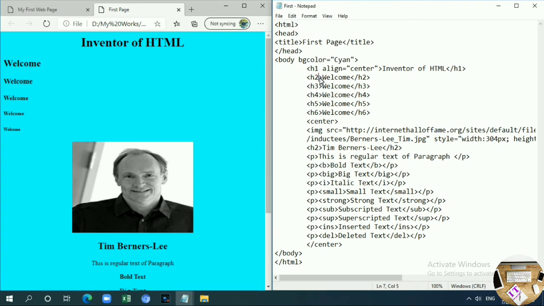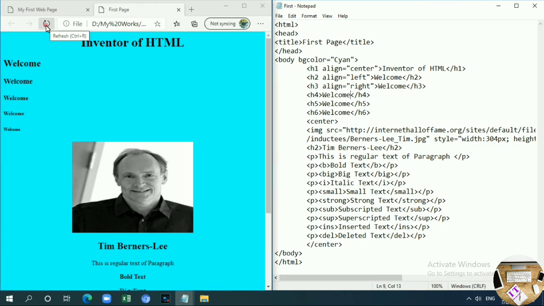Suppose I apply align equal to left here. By default we can see this coming on the left. Then for H3, align equal to right. Then H4, then only center, left, right. These options are there. Anyway, I saved.